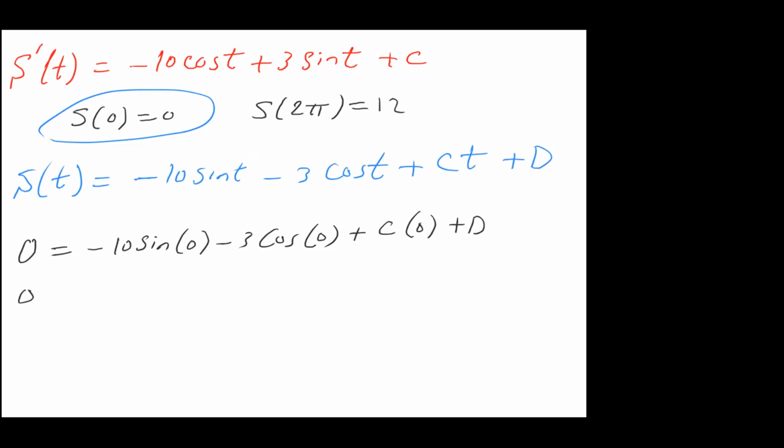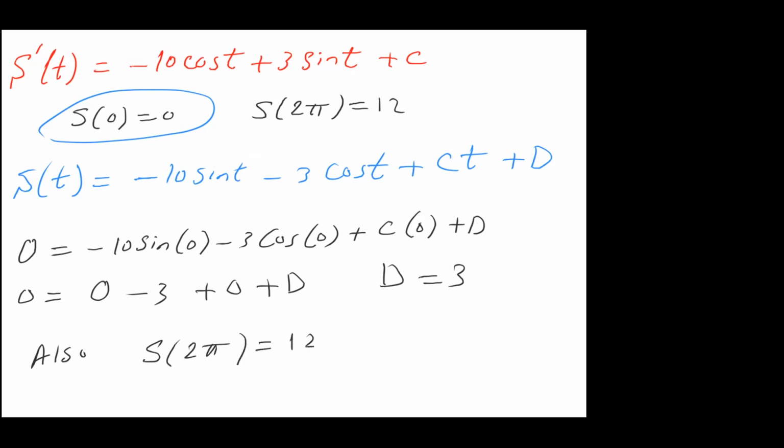So 0 equals, sine of 0 is 0, so I get 0. Cosine of 0 is 1. 1 times negative 3 is minus 3. And then I have c times 0 is 0 plus d. And so this implies that d equals 3. Also, I can use s of 2 pi